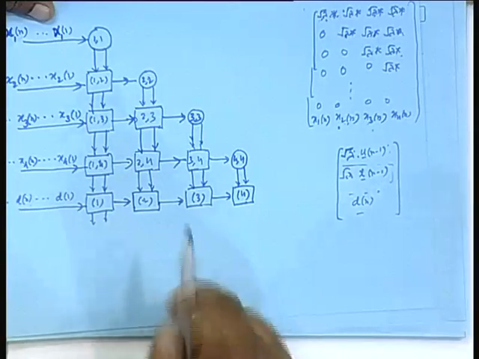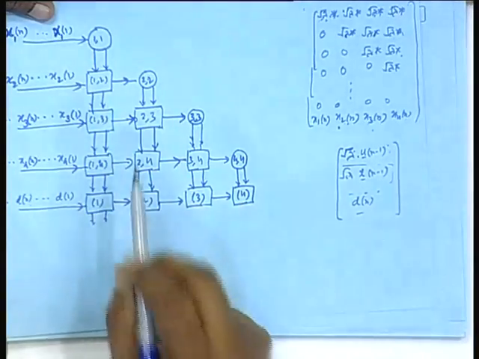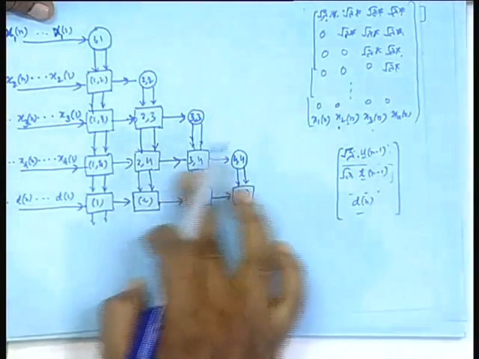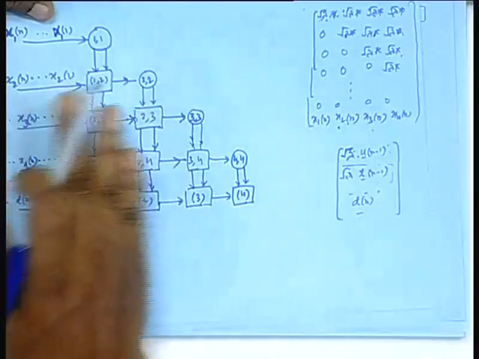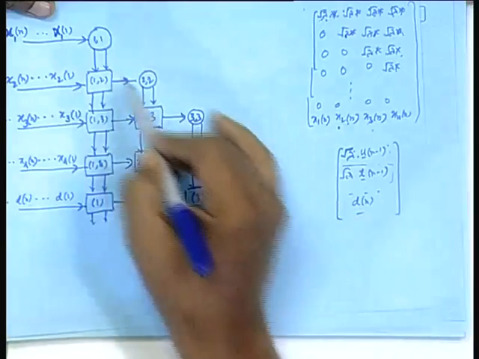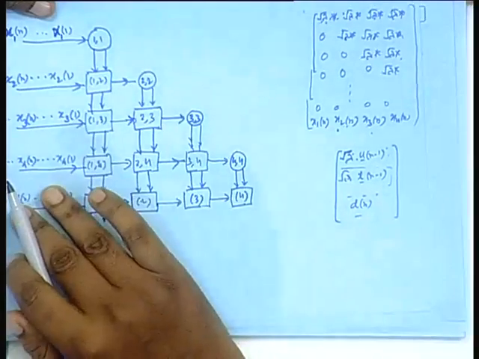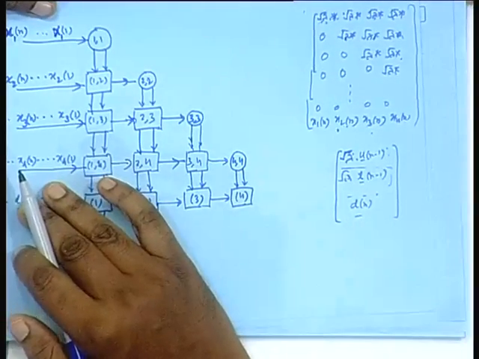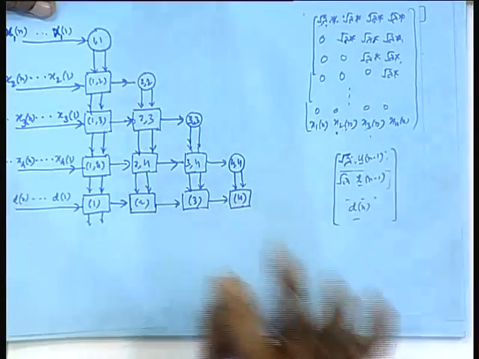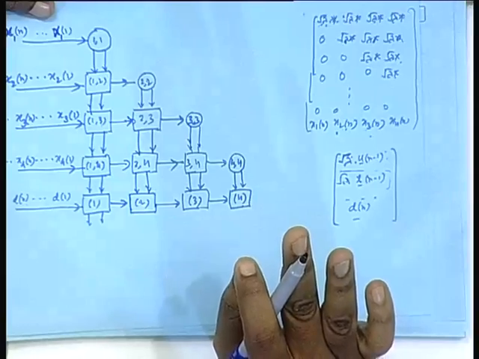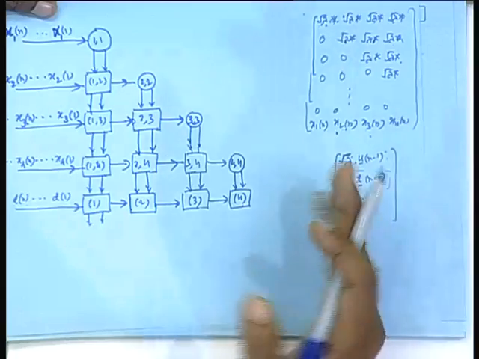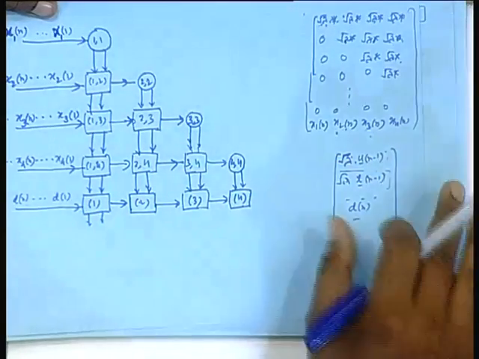So, understand all these values that are stored down, they are important, because these values will give rise to that upper triangular matrix. After this entire operation, all the operations done, this part will consist of Rn, isn't it? This appears to be lower triangular because of my drawing, but you can easily identify the elements Rn, and this will give rise to that upper part which needs to be solved. Solution is done separately by back substitution, because it is an upper triangular solution, and that is done again by a linear array, that I will come to.